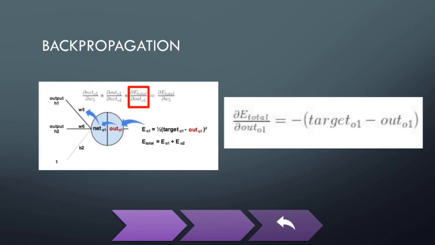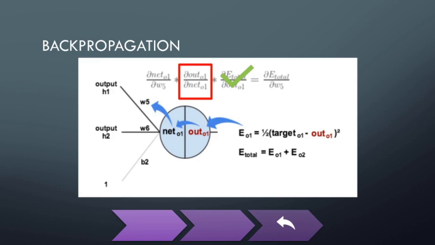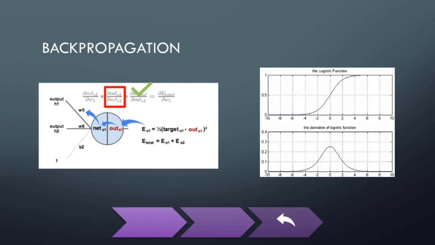And that's it. It's as simple as this. So one down, two more to go. Let's look at the partial derivative of the nonlinearity over the output of the linear regressor. So here the out O1, the output of the nonlinearity, over the net O1, which is the output of the linear regression. This is where the choice of the activation function will matter, as it will change the